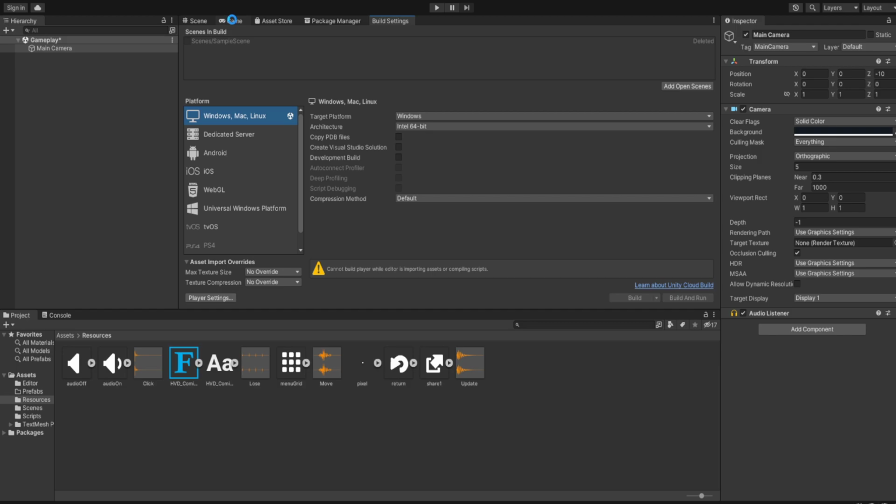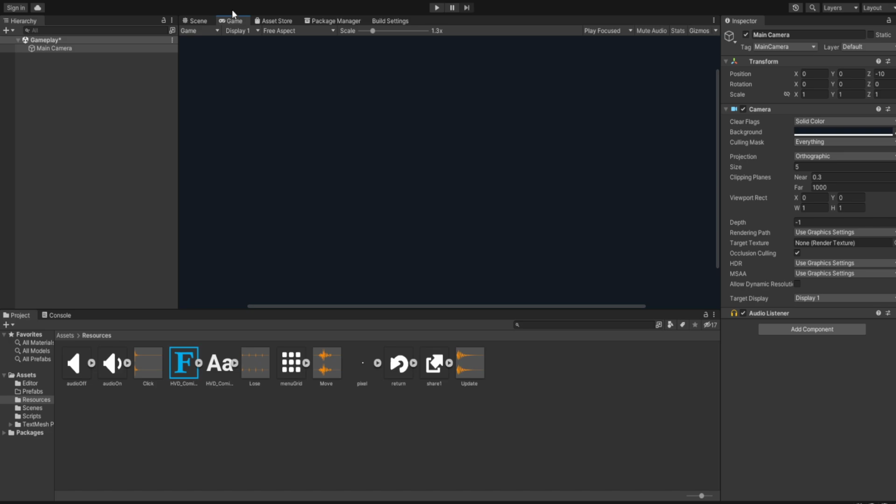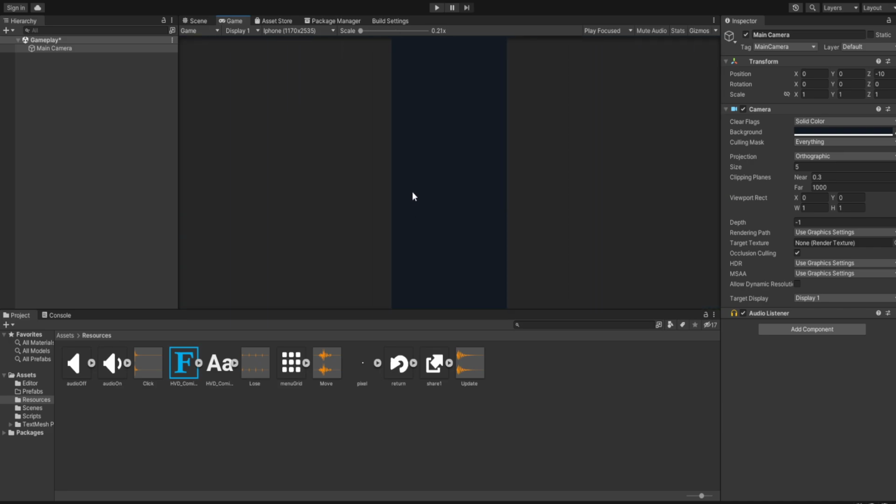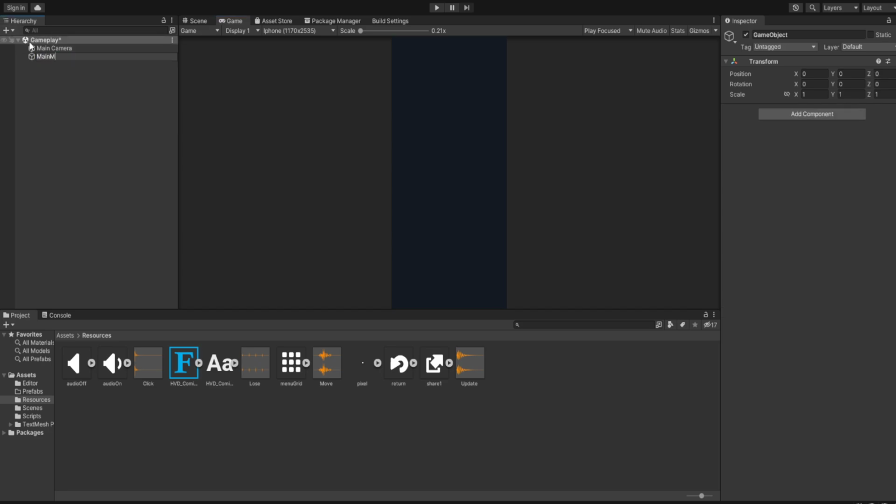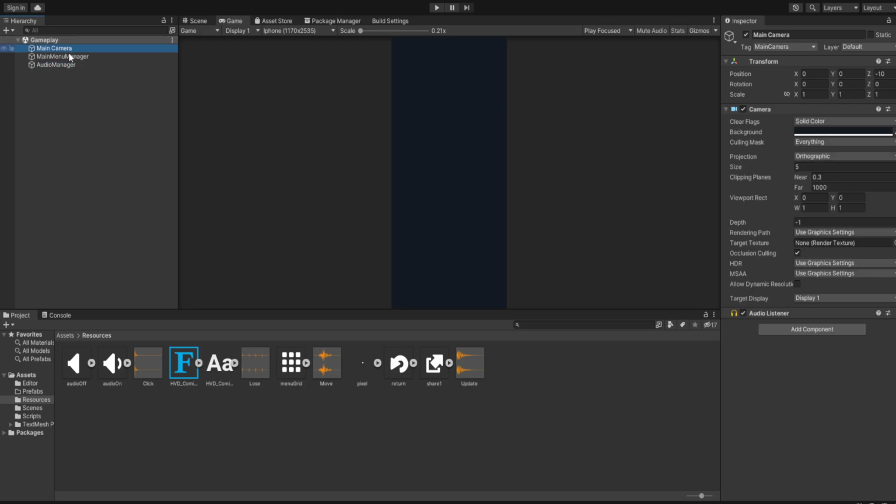So our main menu manager is going to be pretty simple. Here I have iPhone, we are going to use the iPhone resolution and it's going to look like this. Now let's create our two managers, which are going to be our main menu manager and our audio manager. Now inside our camera,